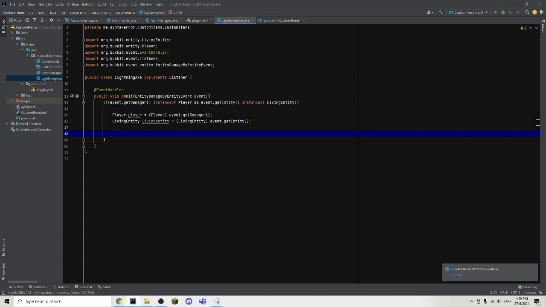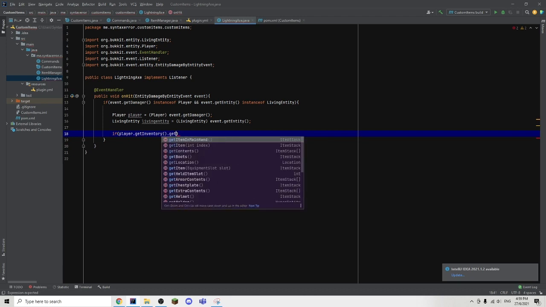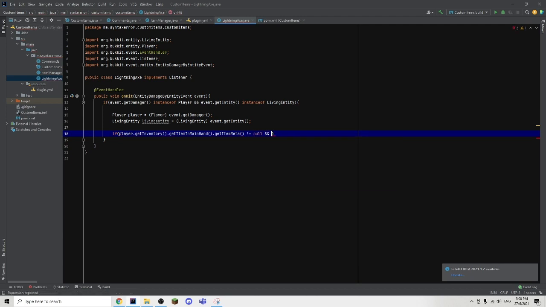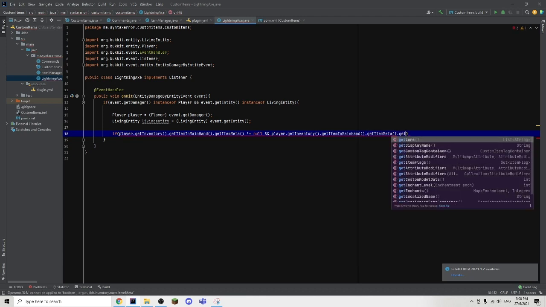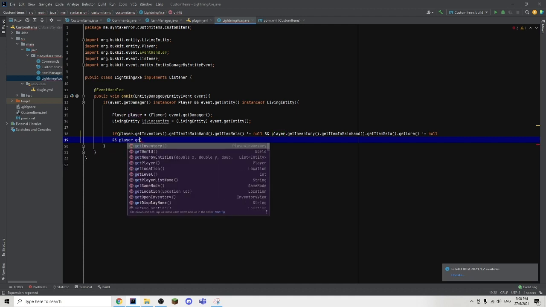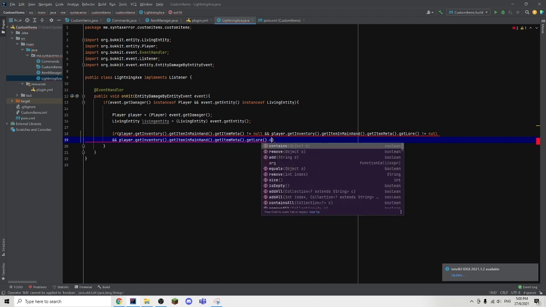Now we're going to check if the player is holding the lightning axe or not. We're going to do that by comparing the lore. First of all, we're going to run some null checks. So if player.getInventory().getItemInMainHand().getItemMeta() is not null, and player.getInventory().getItemInMainHand().getItemMeta().getLore() is not null, then we're just going to move down one line to make things slightly easier to see. Now we're going to do player.getInventory().getItemInMainHand().getItemMeta().getLore().contains,